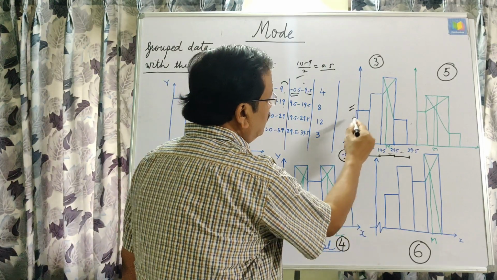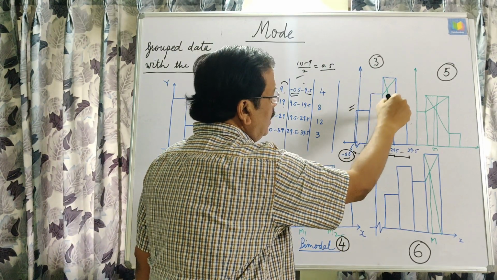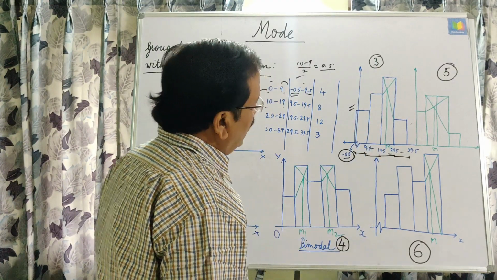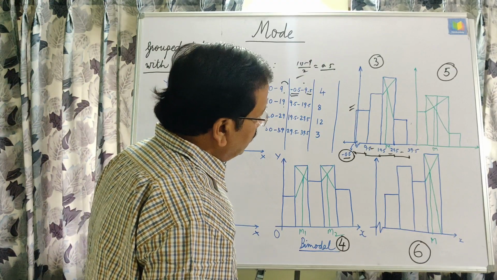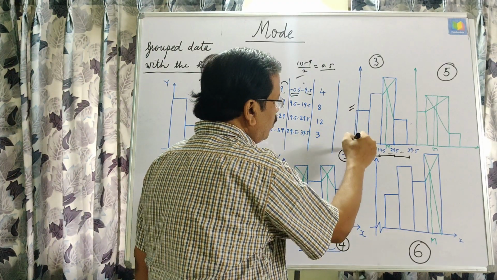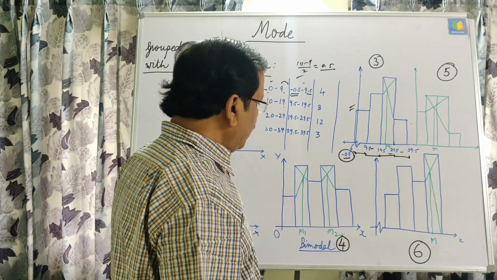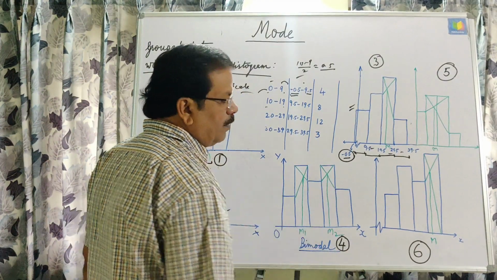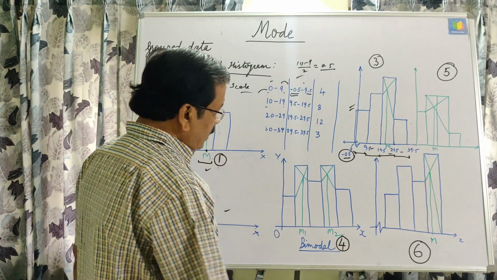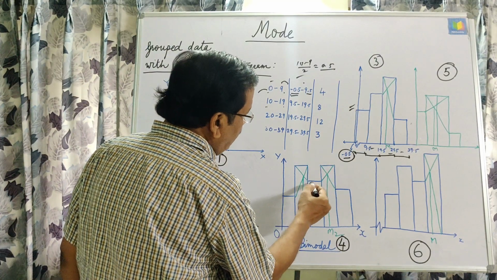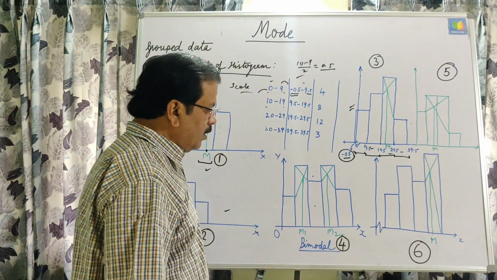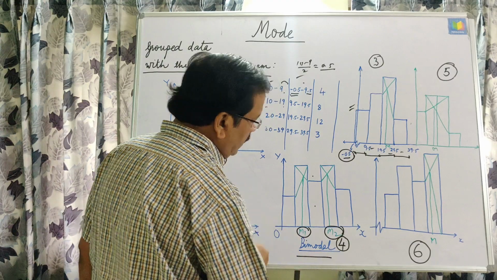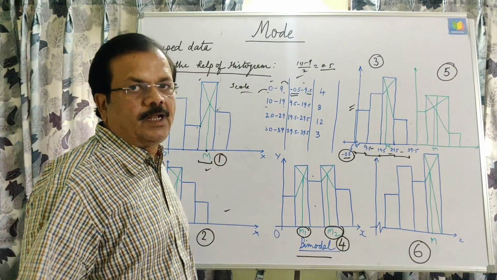Okay, and then after drawing, the rest will be the same, and obviously the mode will be here in the third block, and that will not change, but only this topic is important in this third one. Now taking the fourth one, you can see once we draw, two blocks are of the same length, and once two blocks are the same length and in between there is any other block, then we are getting two modes, and this type of figure is called bimodal.